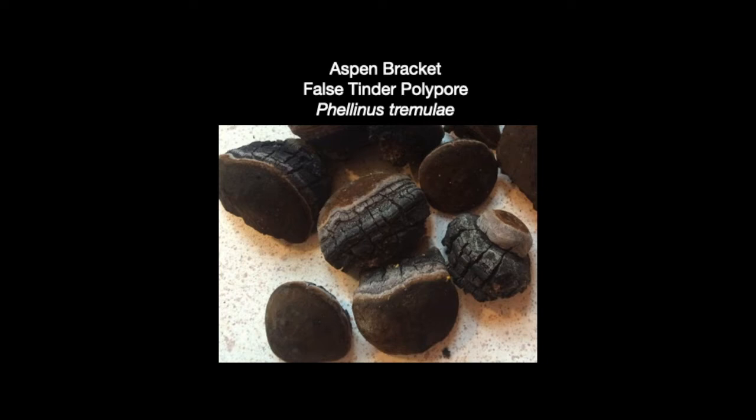And it's interesting because a fresh extract of this mushroom has a slight root beer scent and taste, and that's likely due to the chemicals methyl salicylate and methyl benzoate, which have kind of a wintergreen type scent and flavor, and either the fungus may be synthesizing that itself or else picking them up from the aspen host that makes them. Now, there are related Phellinus species that are actually quite closely related to Phellinus tremulae, genetically speaking, especially one